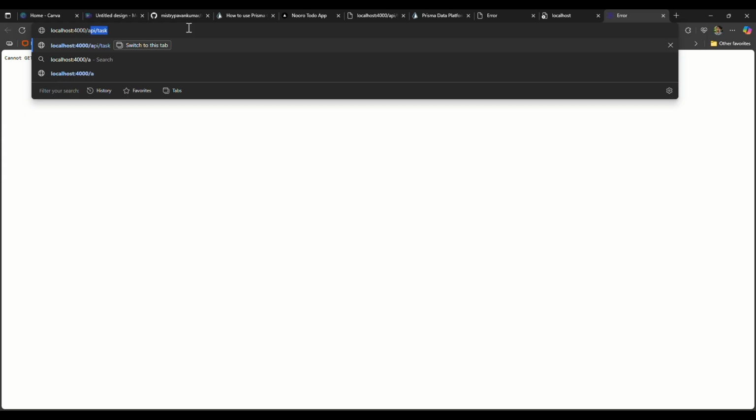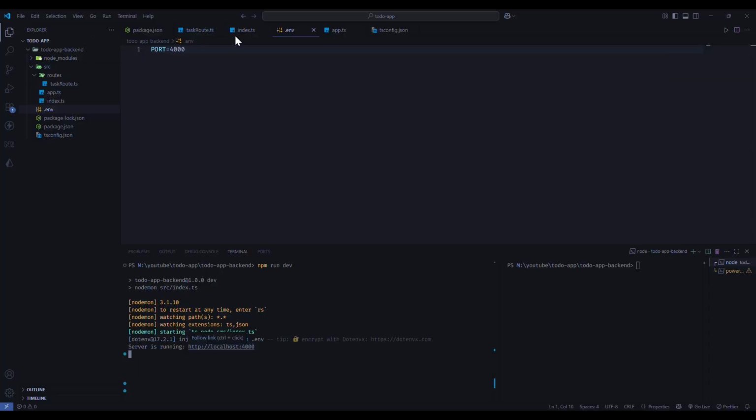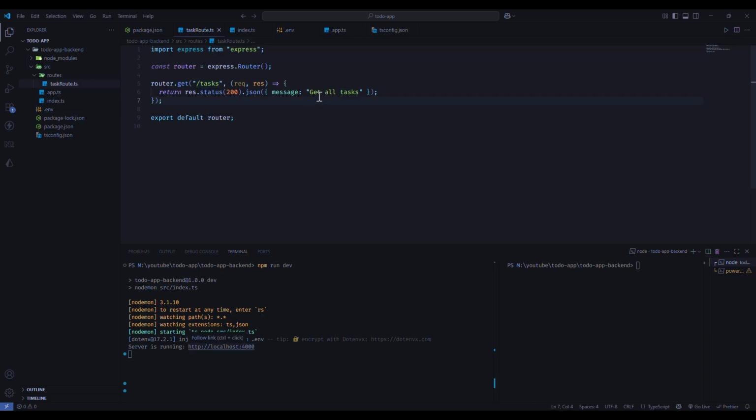So simply what we will do here, we will go to our path, and now you can see we are getting our message like get all tasks, which is defined here in our task. Like you can see here what we have done. Now let's move further and